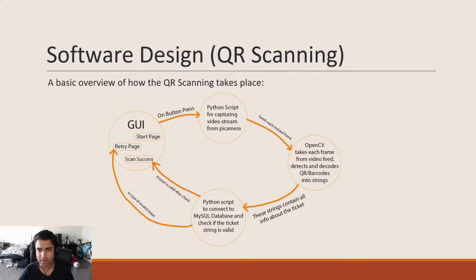Then let's look at the software implementation that we did. We created a GUI with 3 pages. The start page will have a button. When pressed, it will execute a Python script, which will start the video stream of the Pi camera and send each frame of that video to OpenCV. That detects the QR code or barcodes, depending on what kind of ticket it is, and then decodes